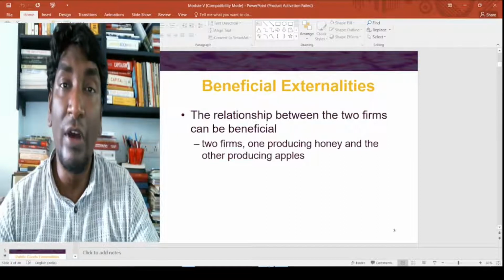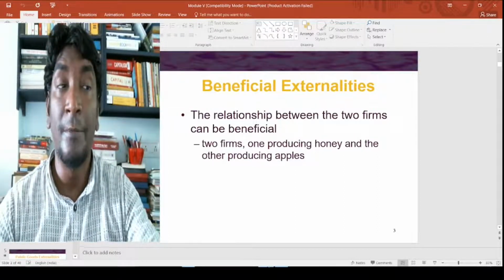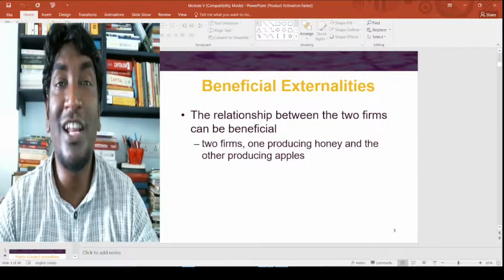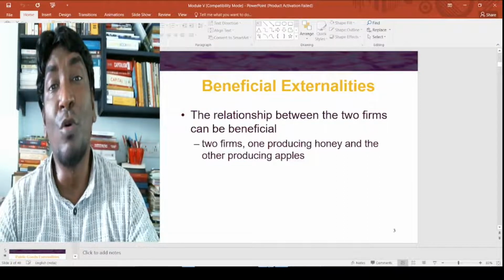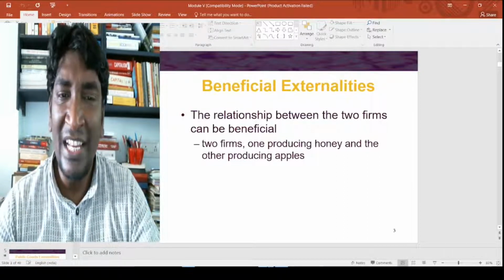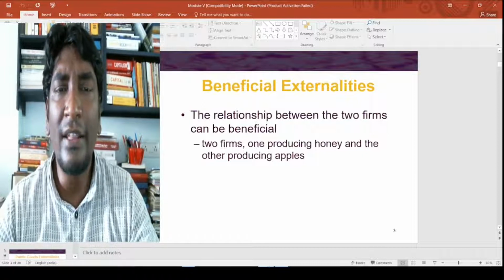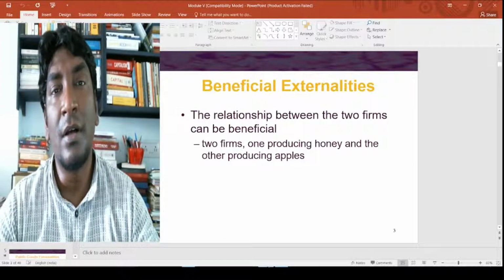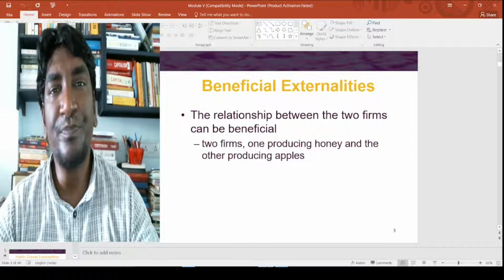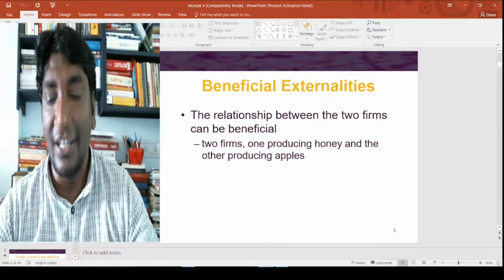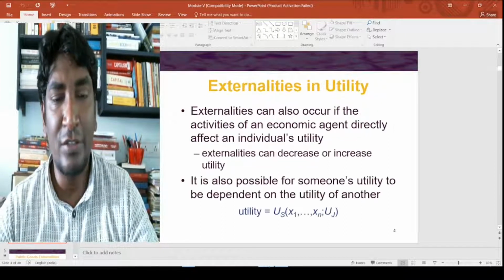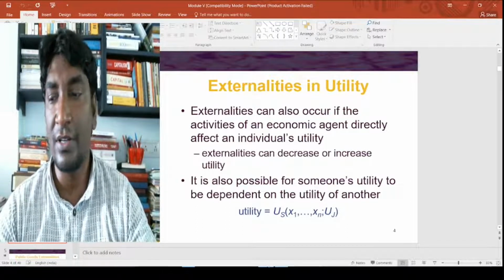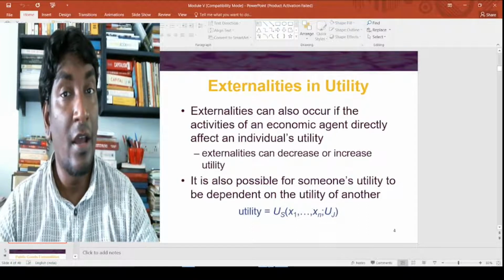then the nearby person raises or keeps bees. This also helps the person who runs the orchard, because the pollination process is very smooth in that context. So there is an externality, though they are not paying for pollination, or being paid for the honey by the bees. It's a natural process, so they are getting a sort of benefit out of it. This is in a good sense.